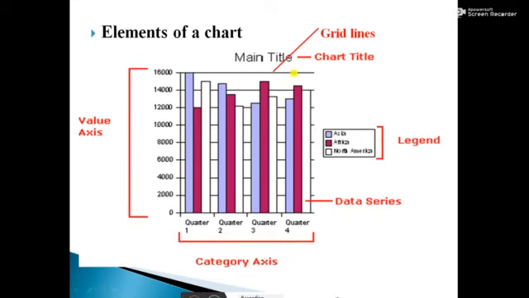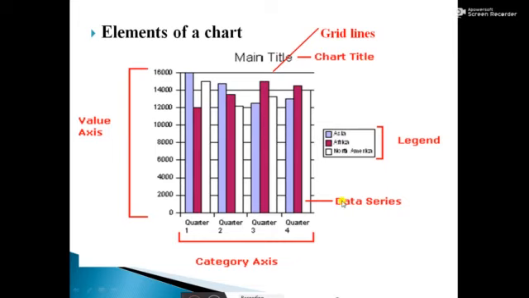It is used on the chart as a reference to help us understand the quantities and values of our data. Is it clear, students? The next one is chart title. Based on our data series, we can give the title to our chart.